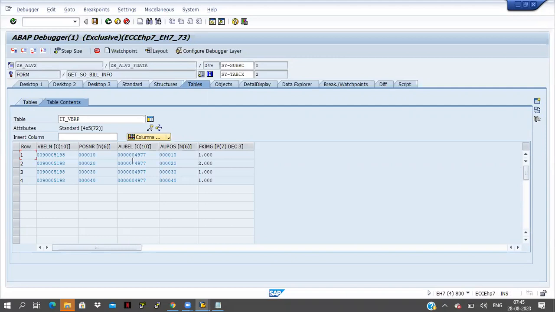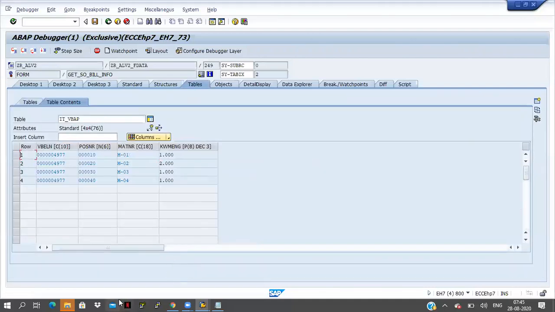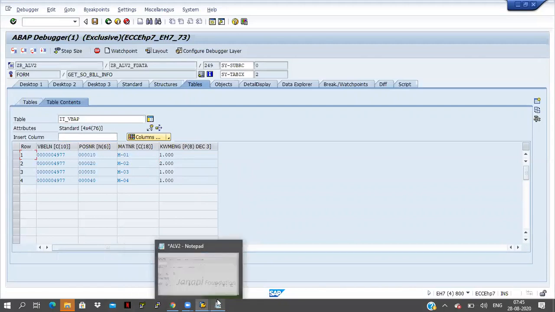This is 4977, item number 10, and the quantity equal to 1. If you compare with ITVBAP, just double click on ITVBAP, take the screenshot for this one.